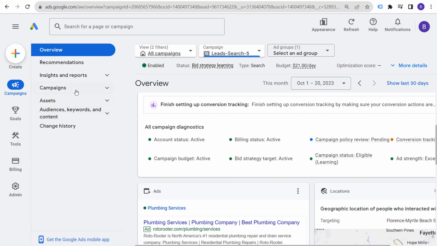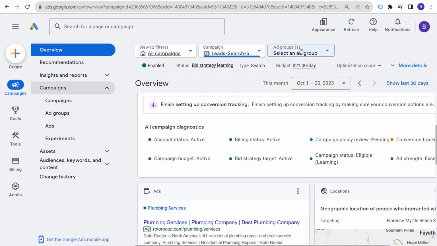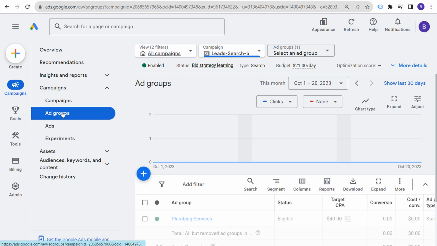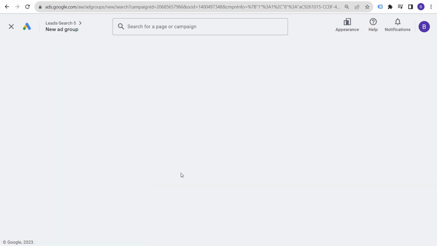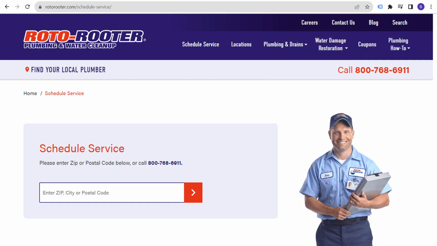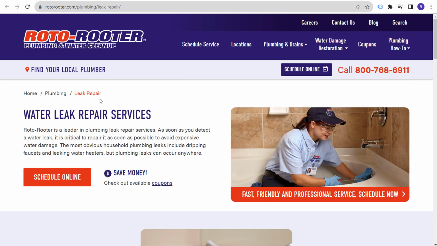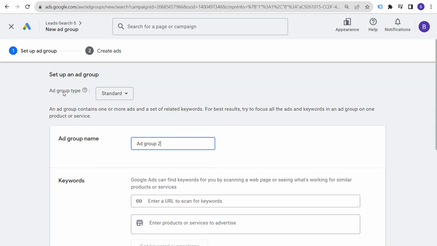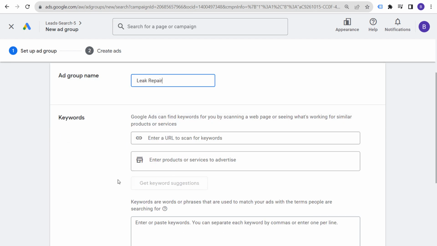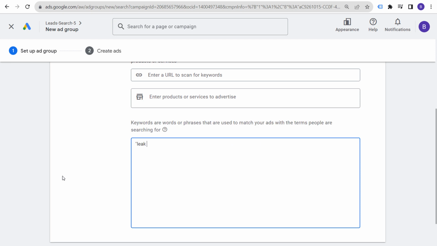So now within our campaign, we're going to come over to our ad group screen here, and we're going to click on the plus sign again. What you would want to do is set up ad groups for some of the different things that you offer. Over here, they have leak repair. So that may be another keyword that you target, leak repair services. So let's just use that as our example. We're going to use a standard ad group here, leak repair. You can enter keywords again to get keyword suggestions. We're just going to say leak repair,